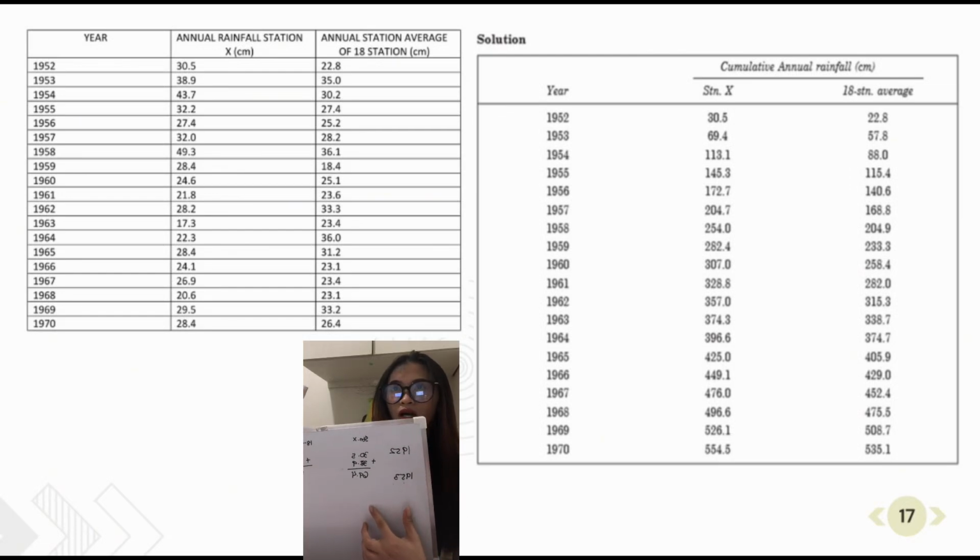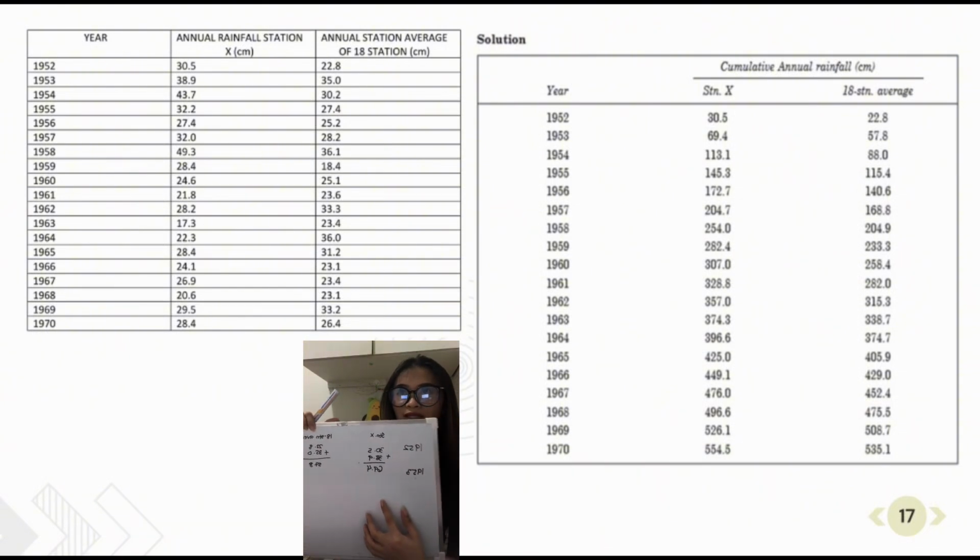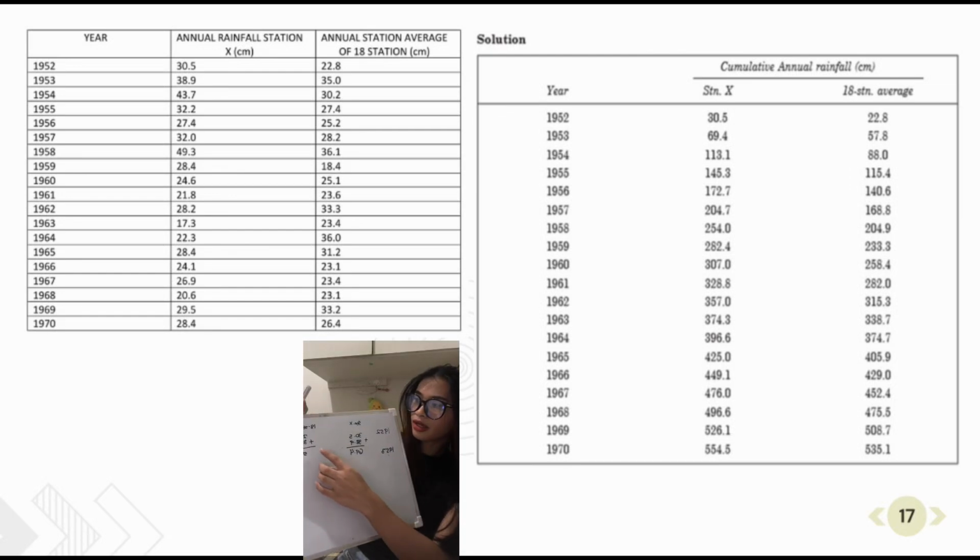In the cumulative annual rainfall, we will get in 1953 69.4 centimeters. For the 18-station average, we have 22.6, which is given, and adding the given table, we will have 35.5 in 1953. We'll be adding 22.8 in the next station, so we'll get 57.8. And to solve the cumulative annual rainfall, we'll be adding the